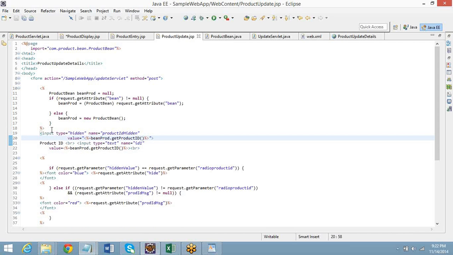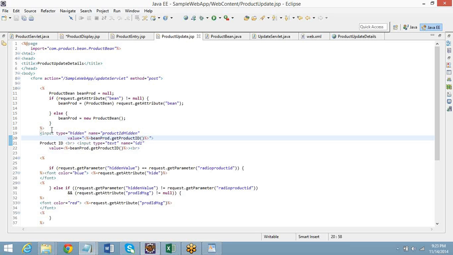One second. Let me tell you what we are doing here. See, a hidden variable is stored as a field in the HTML. Even though you write a JSP or ASP in .NET or anything, when it comes to the browser, the whole thing will be converted into HTML, because the browser understands only HTML.